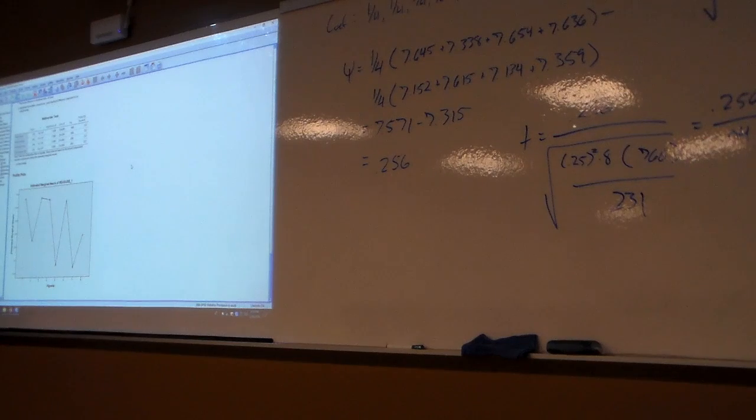231 times 8. I have 1,848 people in this design if I run it as a between cells design. Is that going to be enough to detect the difference of 0.256? Probably not. If I'm looking at individual differences,